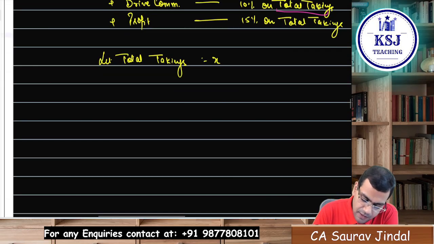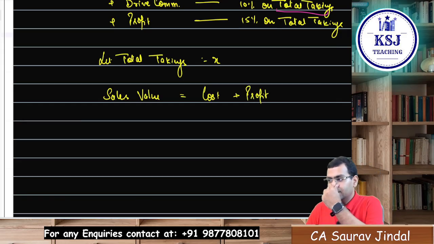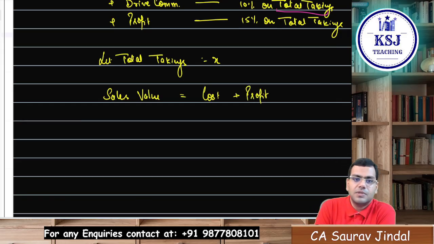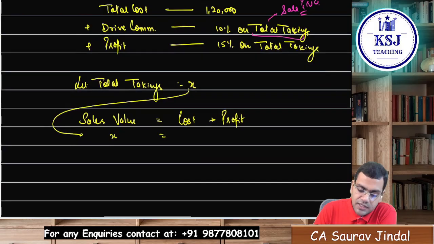Now we know that sales value is equal to what? It is equal to cost plus profit. Any doubts on this thing? Sales value is equal to cost plus profit. What is the sales value here? That is this takings X. What is the cost here? Cost here is